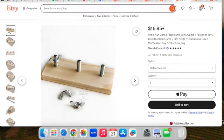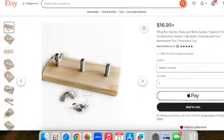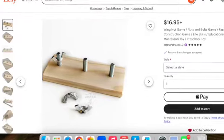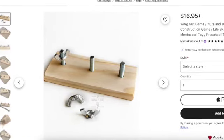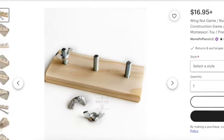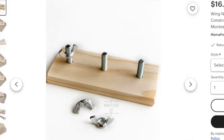This is great for the children to use two hands working together, which is very important. I've bought other items, but this one has been a very favorite for the toddlers in my classroom and has lasted a long time. Another item the children have really enjoyed on Mama P's Place is the wing nut game. I would recommend when you purchase it to get some extra wing nuts right away. They're very easy to find, but they do tend to get lost,